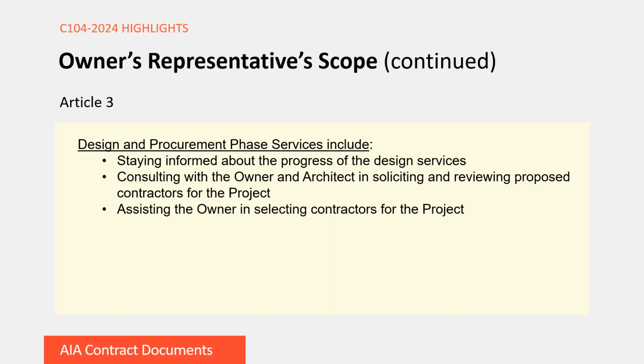It's also good to note here that to the extent that the owner's representative reviews design submissions, their review is really for the limited purpose of checking the design conformance with the owner's program and schedule requirements, and not for the purposes of discovering any errors, omissions, or inconsistencies in the architect's submissions. However, the owner's representative does have an obligation to promptly report to the owner and architect any of those errors, inconsistencies, or omissions that they discover or that are made known to them.